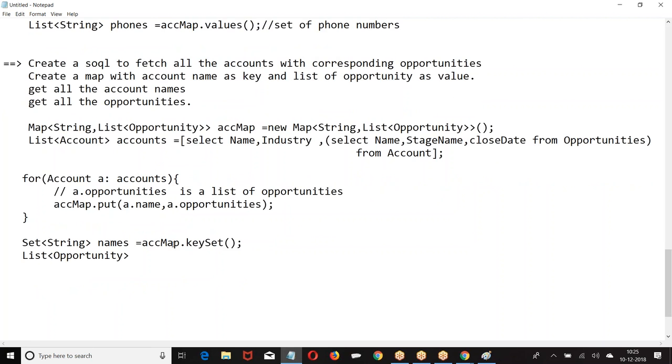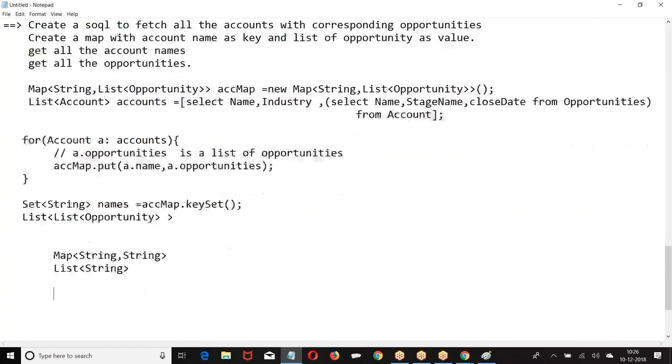Now, if the value is a string, we get a list of string. If the value is an integer, list of integer. If the value is a list of opportunity, then what are we going to get? List of opportunity. Simple, boss. If it is a map of string comma string, how do you get all the values? List of. If the map value is an integer,